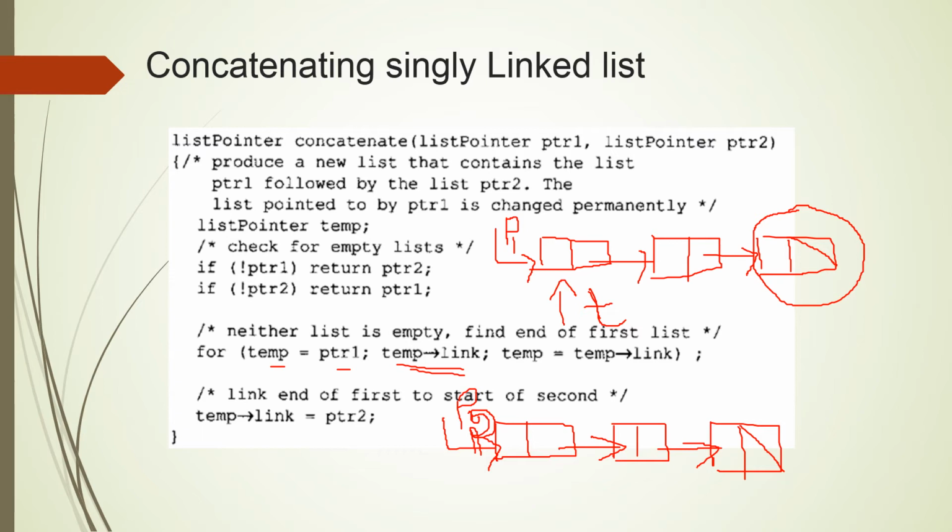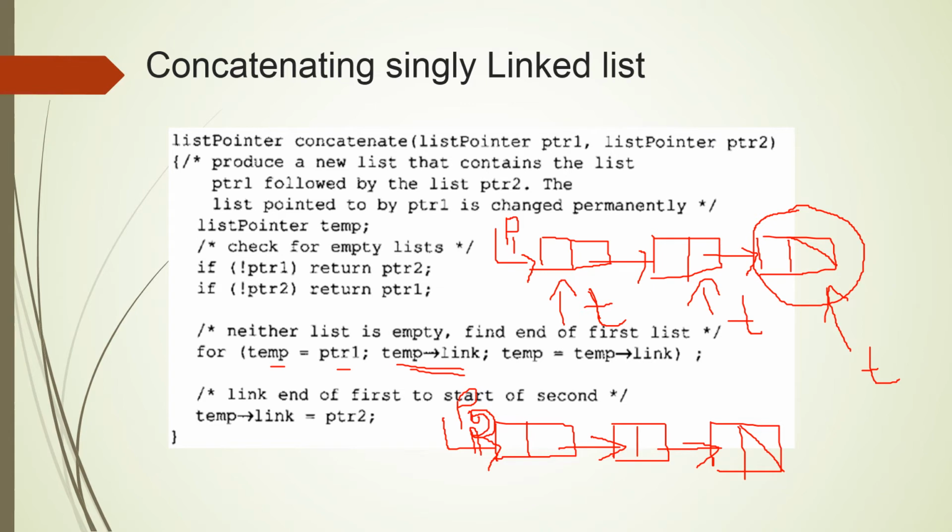If the for loop condition is evaluated as true, then since we put a semicolon here, it goes to the next statement. Temp is equal to temp of link, so temp comes to here. Again it will check the condition, again it is evaluated as true, temp will move to the next node, temp is equal to temp of link, so temp comes to here. And now after you reach the last node, temp of link is evaluated as false because the link field of the temp node is null. This is evaluated as false, it will come out.